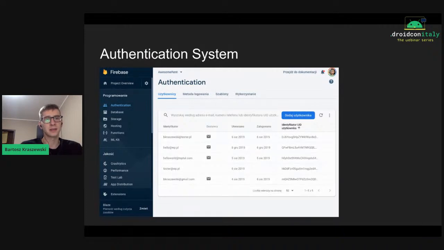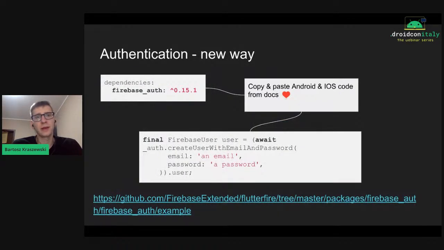So it's an authentication system where we choose the method of login, because there could be email and password. We can enable our users to use Facebook or Google authentication. Then we can also set all the templates that we use when we want to send email to users. So everything is available to us through this console. And right now, let's just see how we can do that, because we'll just need to add a new dependency, the